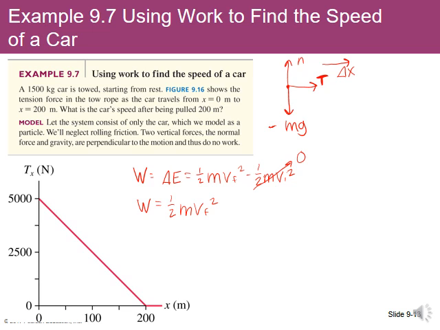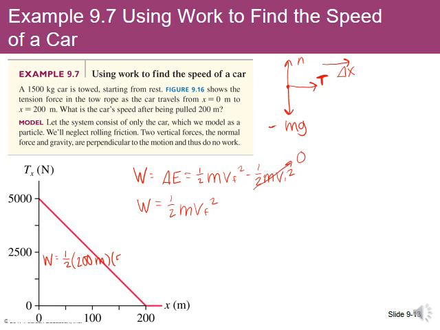How do we find the work done by the tension force? Well, we can't find the work in the normal way because it's not a constant force. So we can't just say force times displacement, because what force would we use? Do we use 5,000? Do we use 0? Do we use something in between? What we need to do is find the area. The work done equals the area under the curve. So the work done here would be the area under this graph, which is 1/2